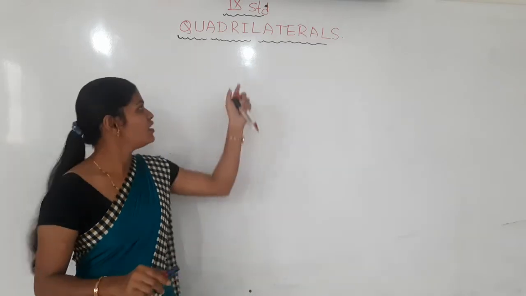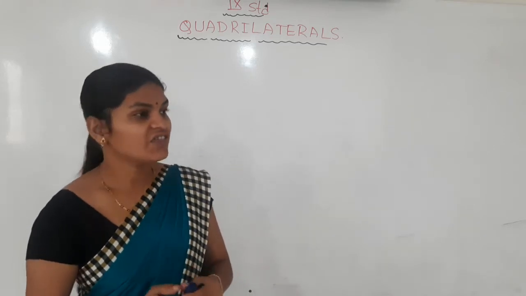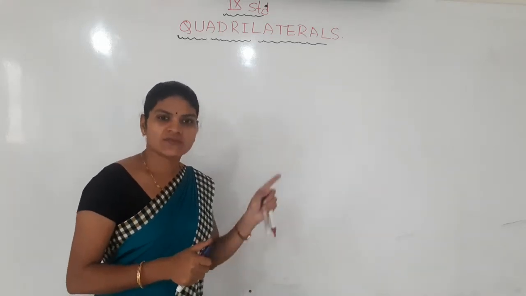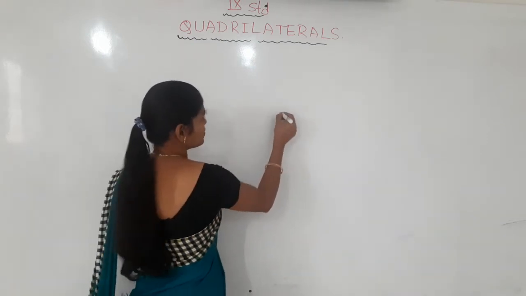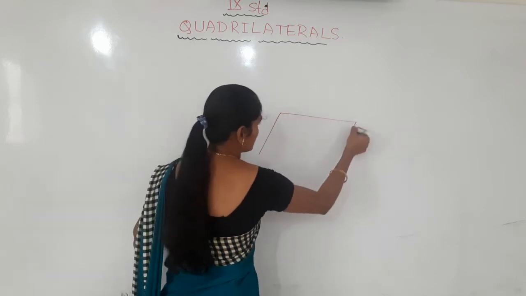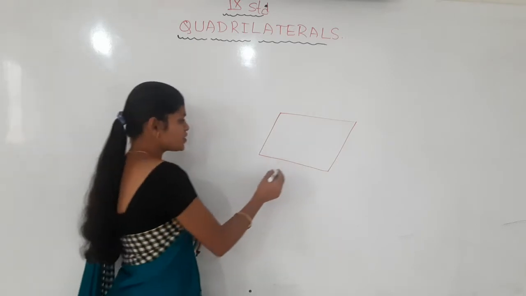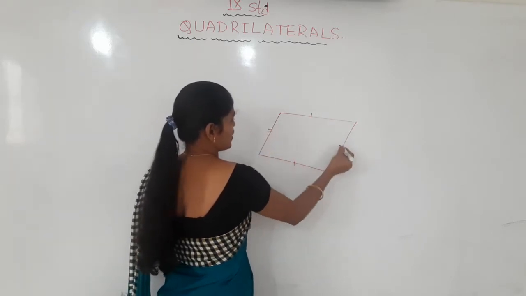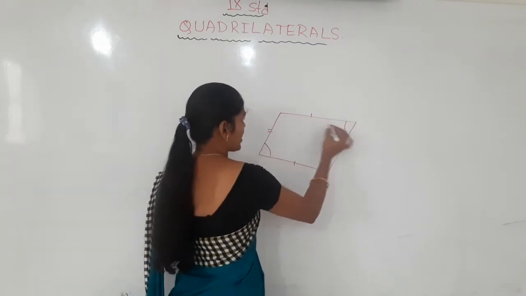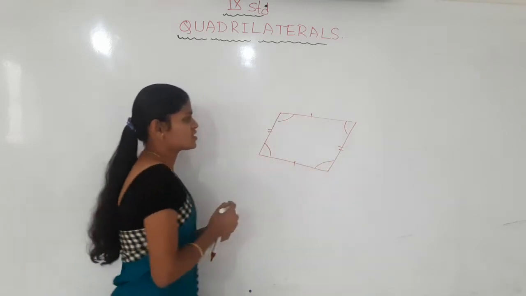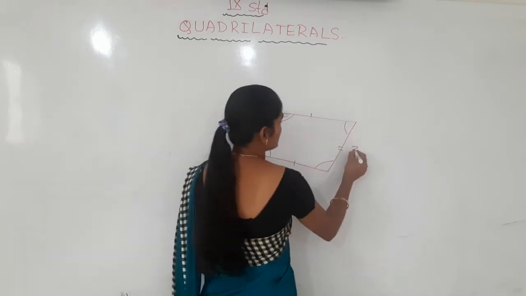We are taking here the chapter quadrilaterals. We have discussed different types of quadrilaterals and especially the properties of the parallelogram. What are some properties of the parallelogram we discussed in the previous class? In a parallelogram, always the opposite sides are parallel as well as equal, and the opposite angles are equal in their angle measurement. Next, the sum of all four interior angles of this parallelogram is how